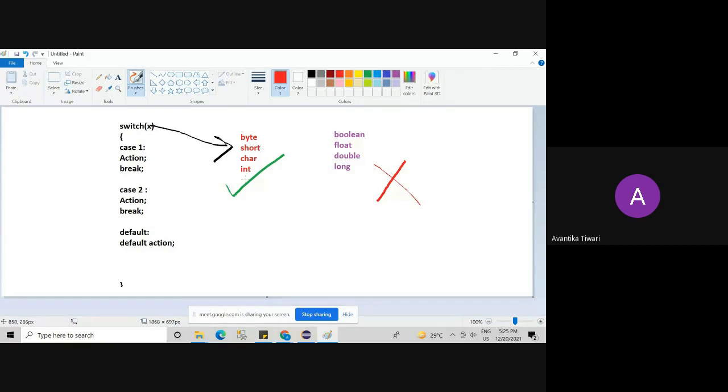Then again long: the range of long is very large, and that many cases we will never be required to specify in any Java program. There is no point of allowing long type of parameter inside switch.